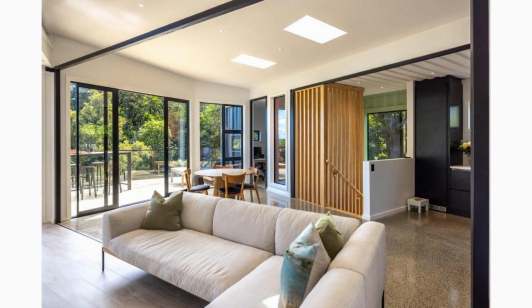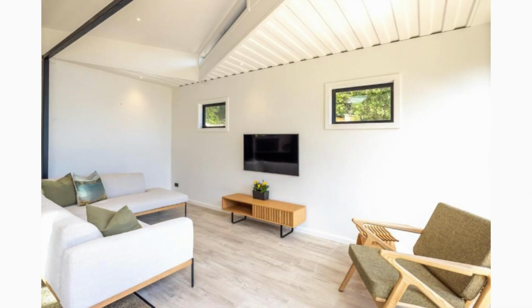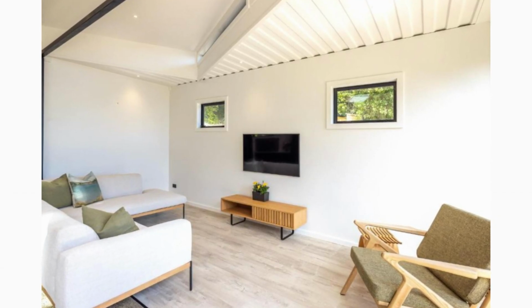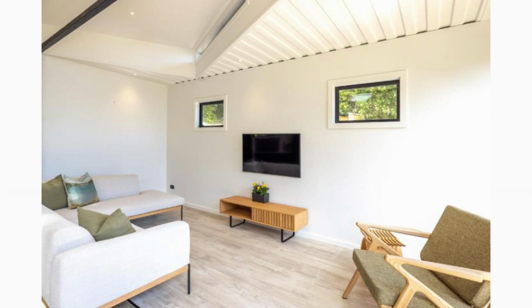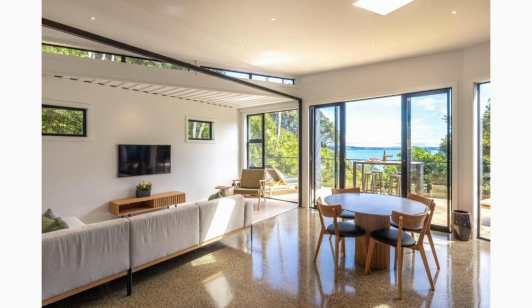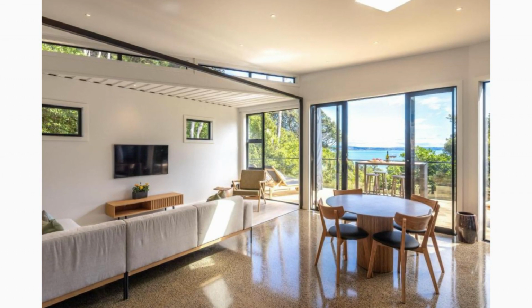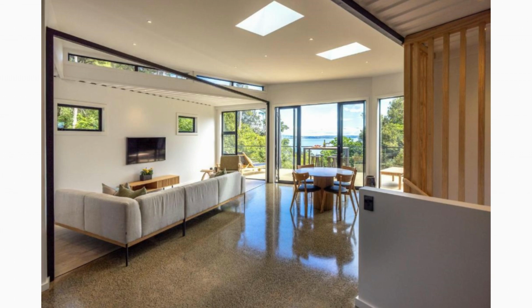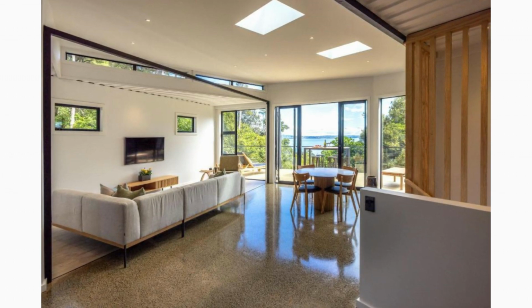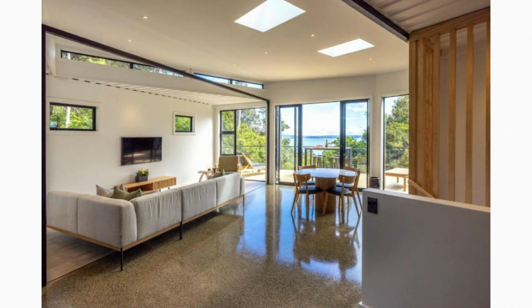custom coffee table, a smart TV for entertainment, and a lovely easy chair that adds a contemporary flair to the lounge area. The living area also features sliding glass doors that open onto the large outdoor deck with panoramic views of the valley. The clerestory windows and the skylights sprinkled across the ceiling allow for maximum daylighting and a good